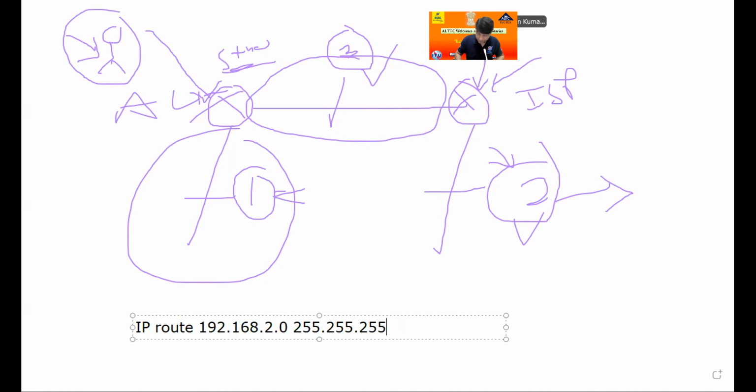I give the instruction to this router: IP route, you go to this network, via which way? Here there is only one way, this port, 192.168.3.2. Very simple. So I will go directly to the practical, so it is easier for all of you.